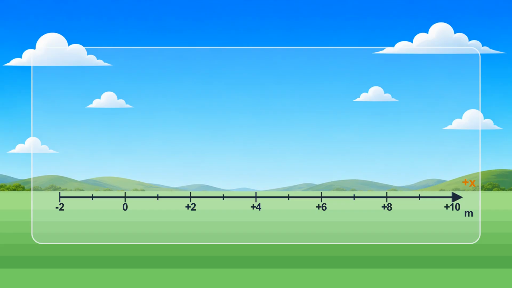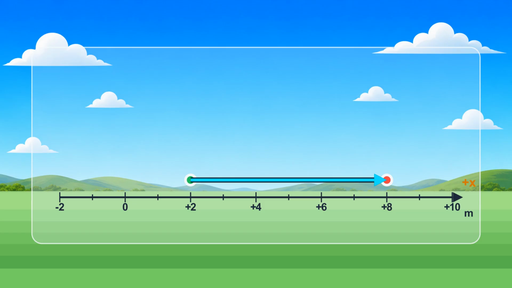Now we need another careful distinction. Position and displacement are not the same quantity. Position tells us where the body is. Displacement tells us how its position changed. To show position, one point on the axis is enough. To show displacement, we keep the initial position, mark the final position, and draw one arrow from the initial point